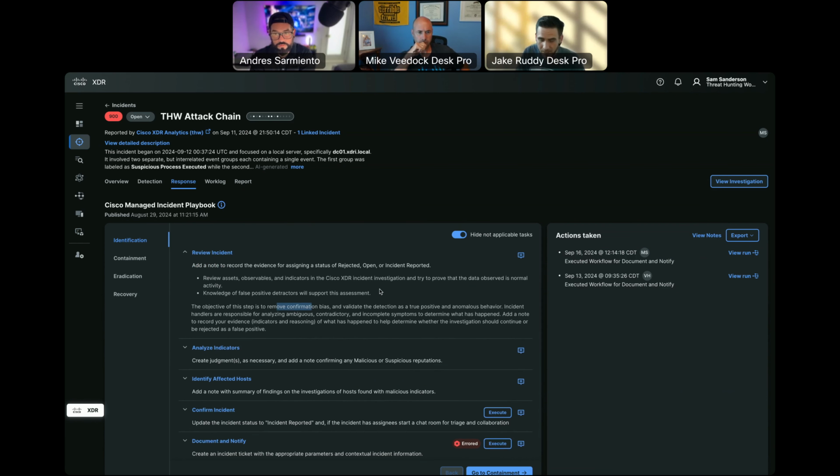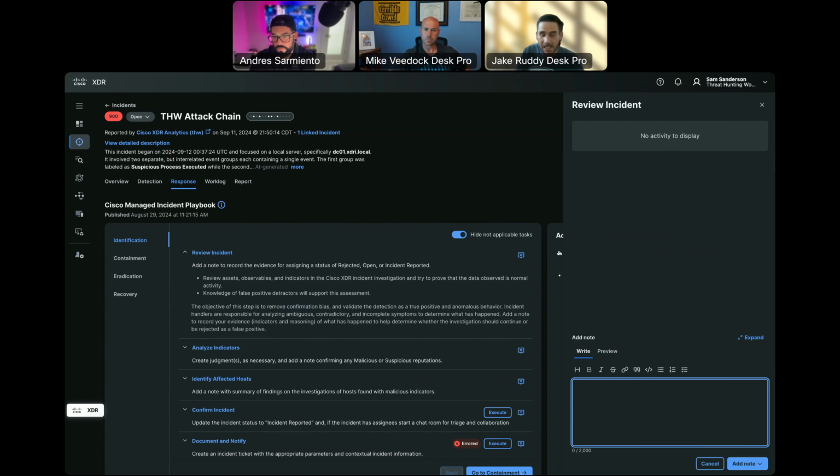This is where the case management piece comes in. So we can see this particular incident is assigned to one of our colleagues, Mike Simone. You can have multiple folks assigned to an incident as multiple people are working through the incident. And as they're working through these steps, they can add different notes to the different steps. So I review the incident and I say, hey, it looks like these IPs are actually fine. We have them tagged as suspicious. Maybe we should change that. I can add my note to the incident.